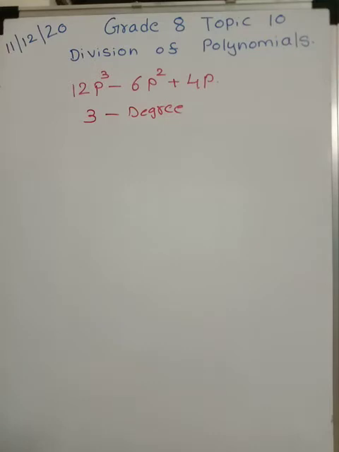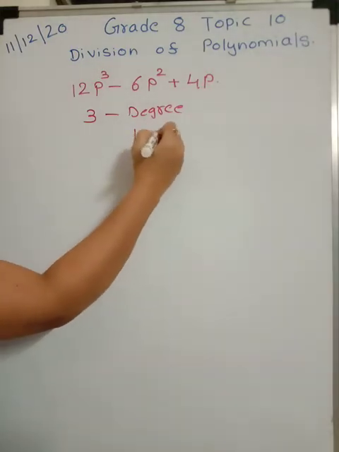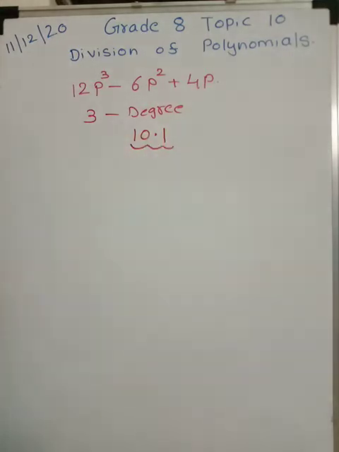Now let us start with the division of polynomials, that too practice set 10.1. So it says divide and write the quotient and the remainder. Okay. So we will start with 10.1. And the first question is 21m